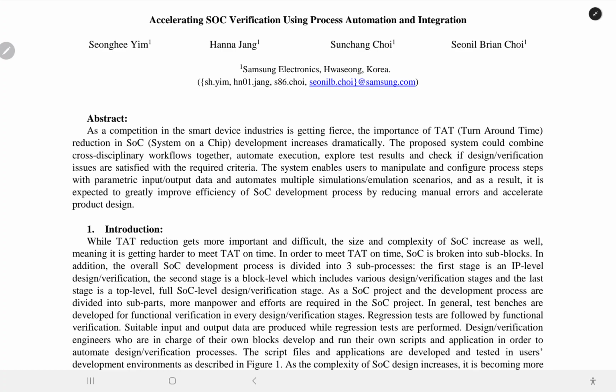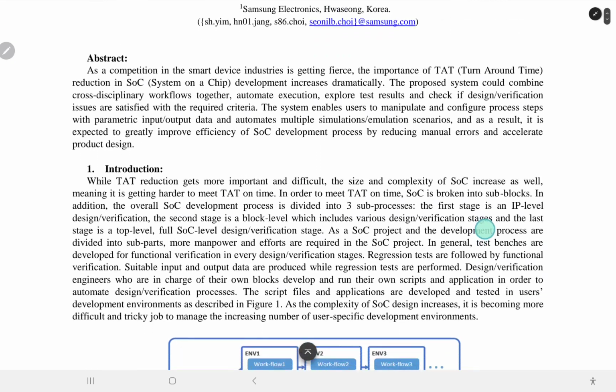The system enables users to manipulate and configure process steps with the parametric input-output data and the automated multiple simulation emulation scenarios. As a result, it is expected to greatly improve efficiency of the SOC development process by reducing manual errors and accelerating